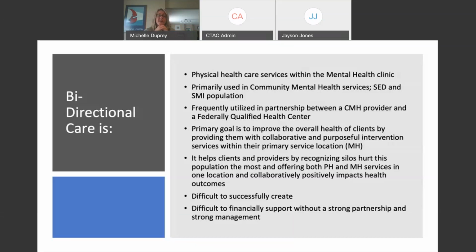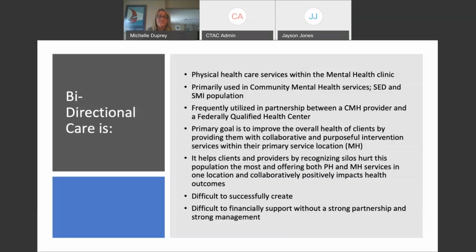And in this sense, for this particular population, it does help, this breaking down of the silos, because you really do get some folks, especially again in the adult population, who aren't doing both. They aren't doing physical health care and mental health. They really have the resources a lot of times to just focus on one. And so we really need to be there in both arenas in order to really affect the outcome of their